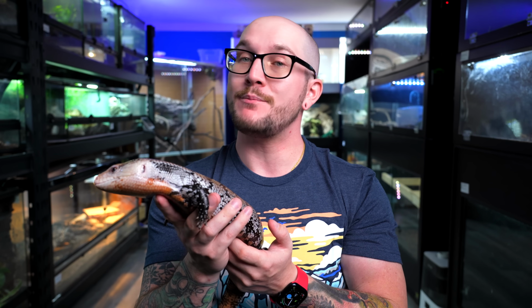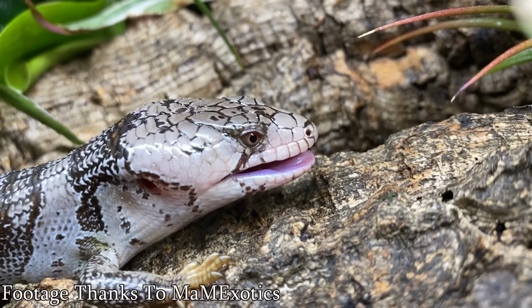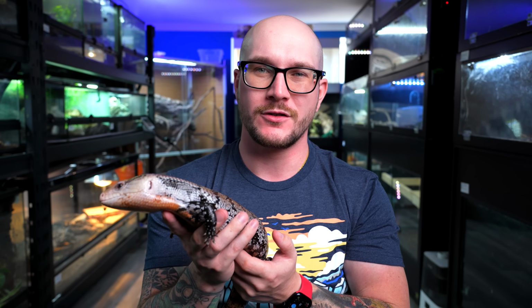But if you want a pink-tongued skink, you're going to need something a little bit taller. And I think that maybe this is more fun to watch because if you have just one animal and you have a low enclosure, it's just awkward to look at. Like you can't...